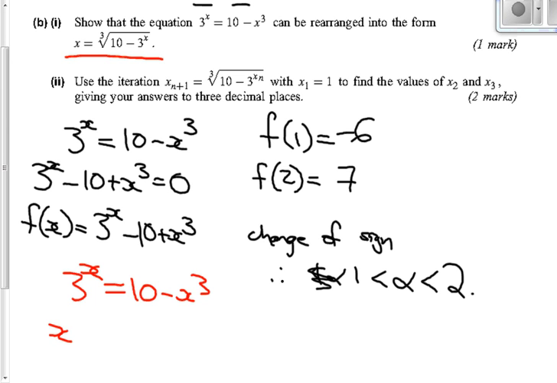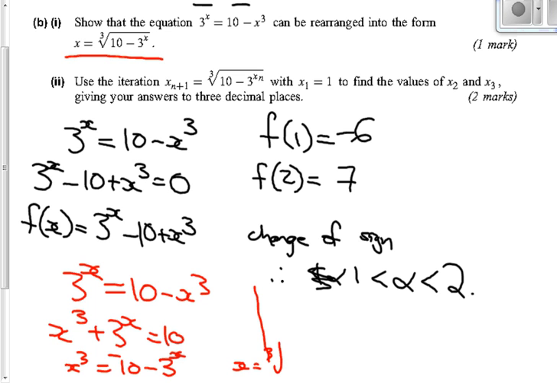Add the x cubed to both sides, and then take away that 3 to the power of x from both sides. So x cubed equals 10 take away 3 to the power of x. And so x equals the cube root of 10 take away 3 to the power of x, just like you